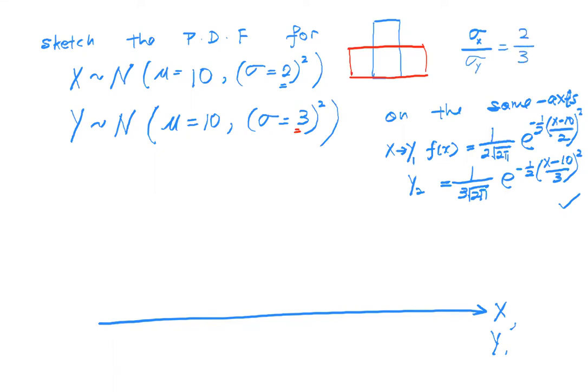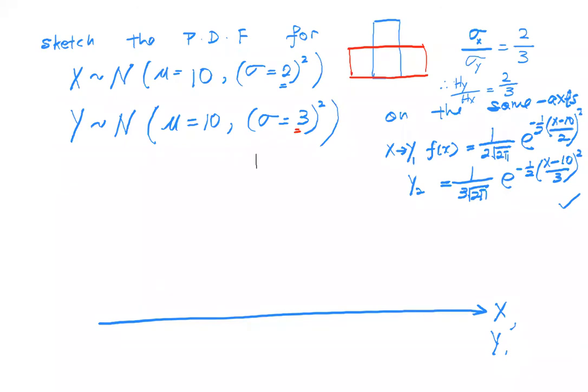Correct? So therefore, the height for y over the height for x will be 2/3 also. That means the height for the distribution of y is shorter. So now what I do is,